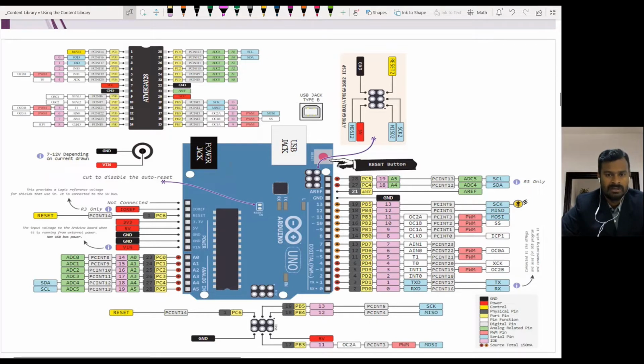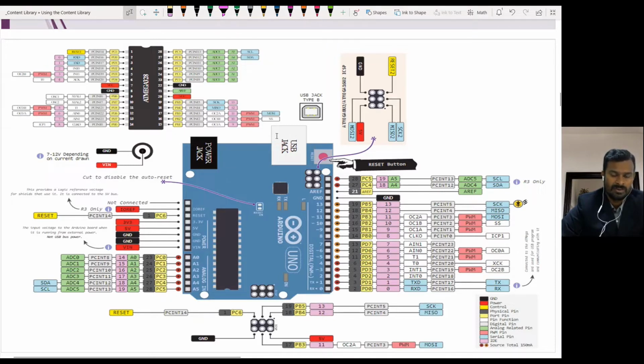Once the program is uploaded, this controller works as a standalone device, and that time we need to give the power. Either you connect it to the computer using the USB jack, which also delivers the power required to operate this Arduino board,